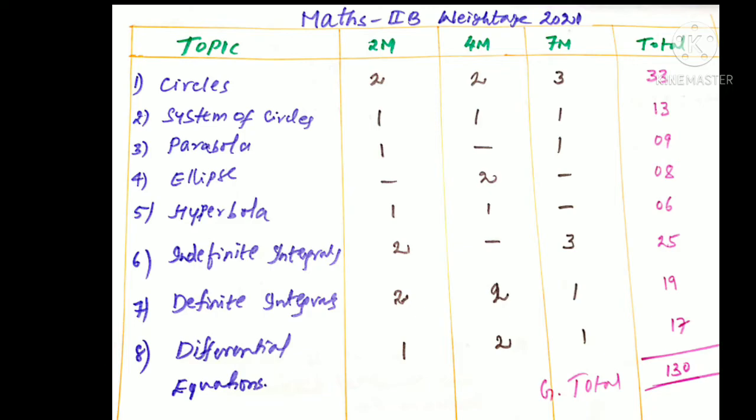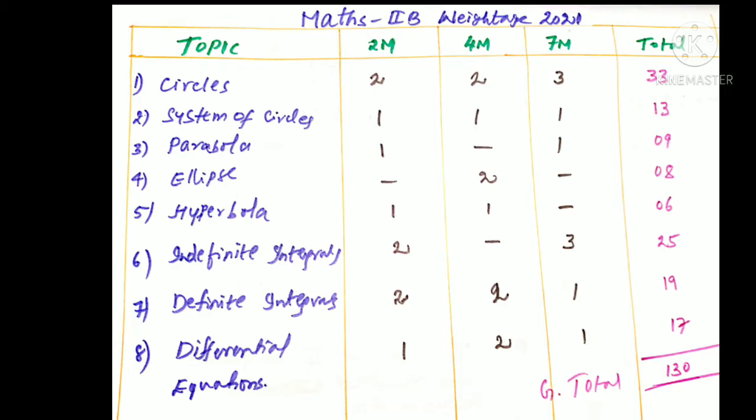Right? Now come to the calculus, that is the definite integrations. From the definite integrations, 2 2-marks and 3 7-mark questions will come. Totally 25 marks weightage. Very limited syllabus is there. From that we can get the 25 marks. He may give even the 2-mark question as a 4-mark question, maybe a 4-mark question he will give as a 7-mark question. We don't know how he will give, but from the portion that is available, from that only he will give the totally 2 2-mark or 3 7-mark questions, right?